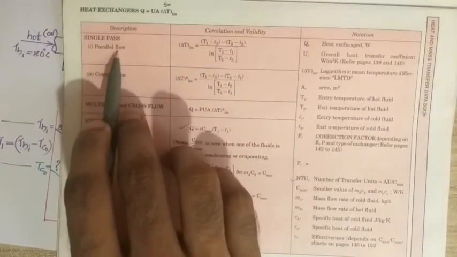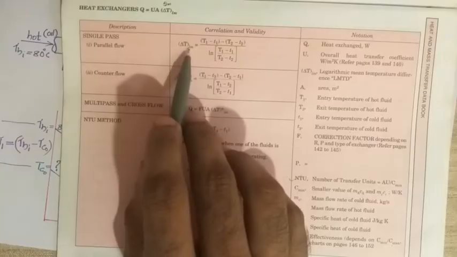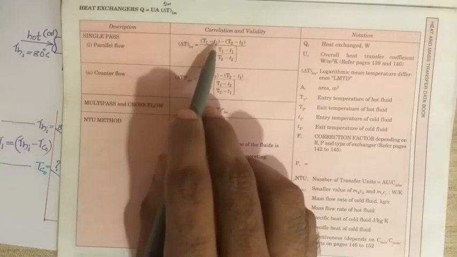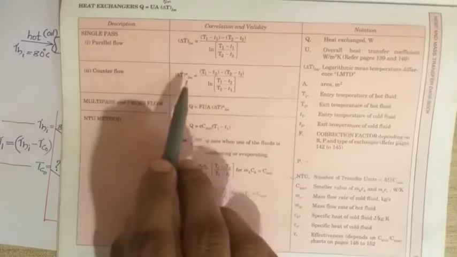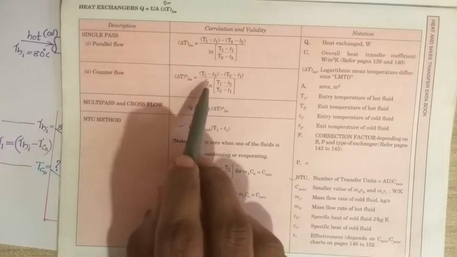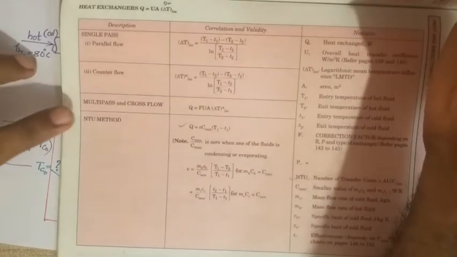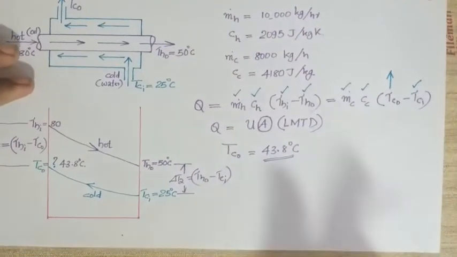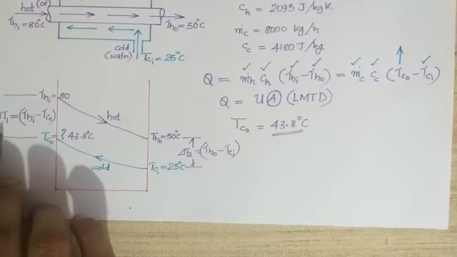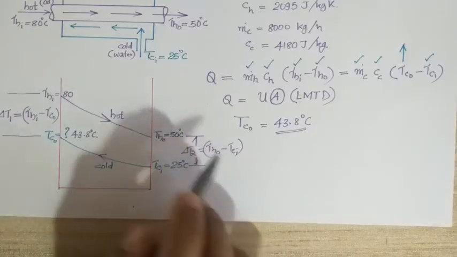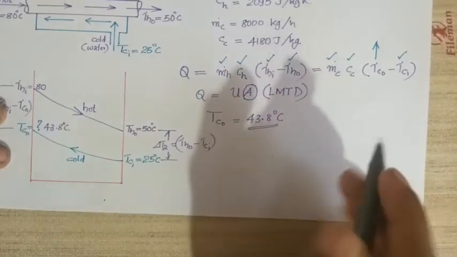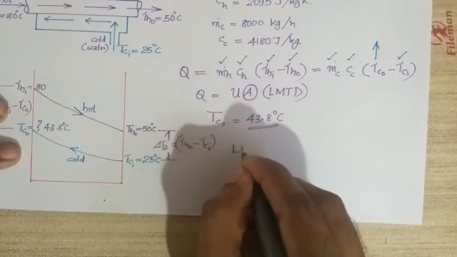135. The equations are given like this: for single pass tubular heat exchangers with parallel flow, delta T lm, meaning logarithmic mean temperature difference, is given, where the notations T1, T2, small t1, small t2 are given. Similarly, counterflow heat exchanger is also given. Either you can use this expression or the expression based on our derivation. So delta T1 for counterflow is Thi minus Tco, and delta T2 is Tho minus Tci. For parallel flow these will be different, as you have seen in the derivation.